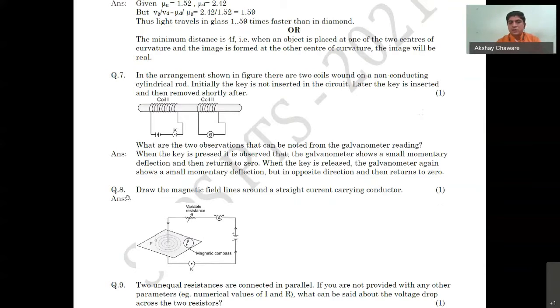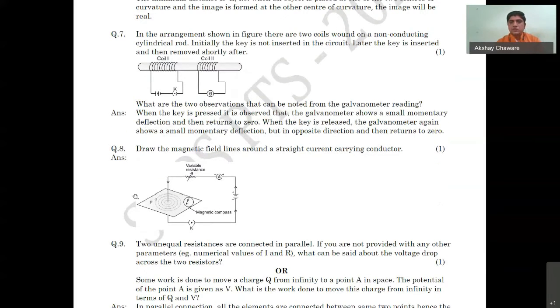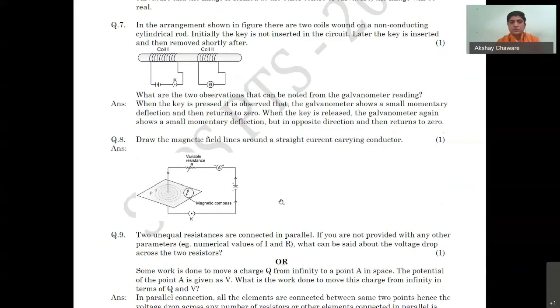Now in question number 8, draw a magnetic field line. That is a very easy question, also given in your NCERT textbook, and it is a very simple figure. But the current direction, the supply of current, is very important. बहुत सारे students ने यहाँ पे circuit नहीं बनाया है, so the marks are deducted. So the supply is very much important. With the help of the supply and the direction only, you can show the direction of current through the straight conductor. So the direction is important.